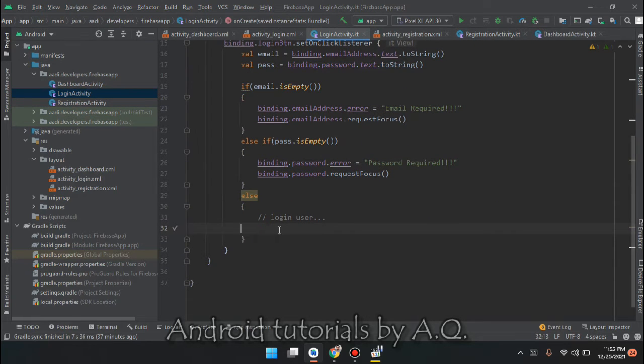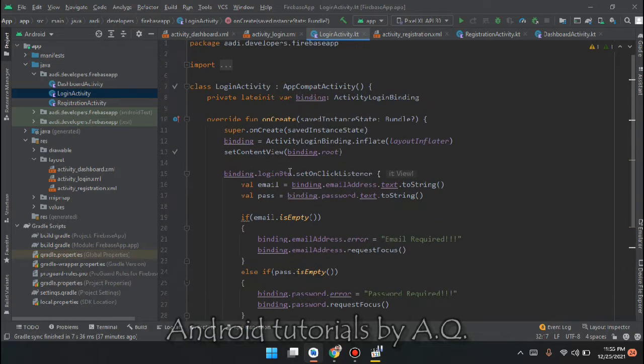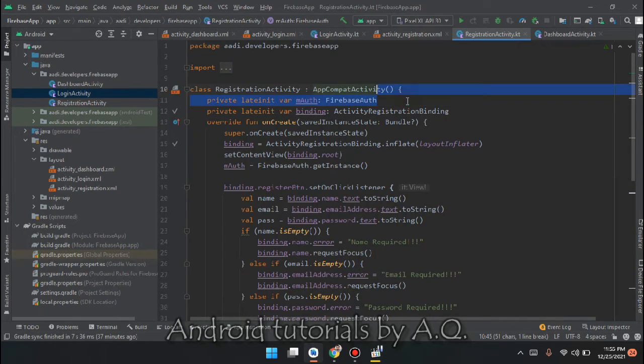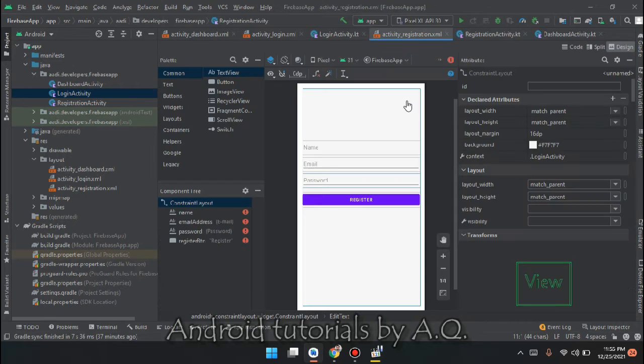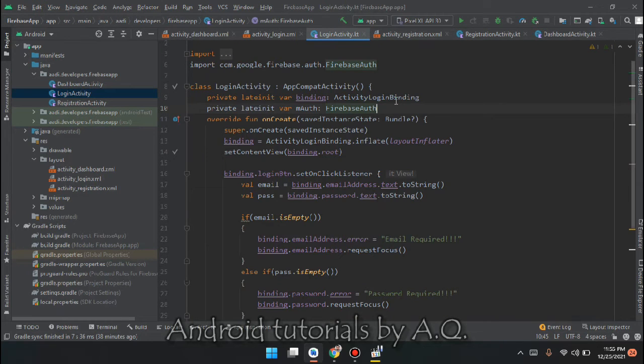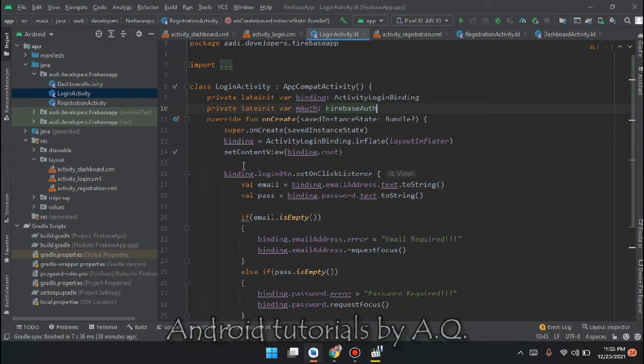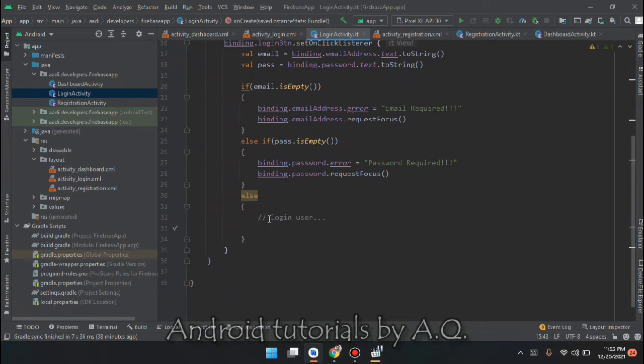This code is the login code. So let's do the same. Create a Firebase authentication object. We will be declaring it here and initializing it right after set content view. Okay, and now we will be using it, mAuth